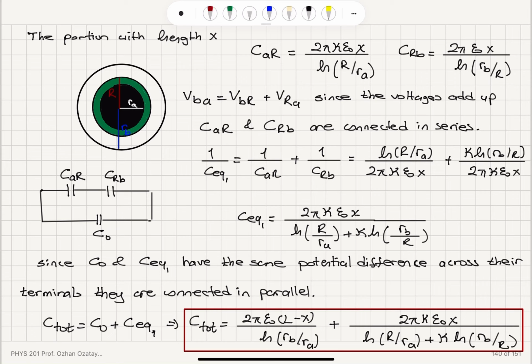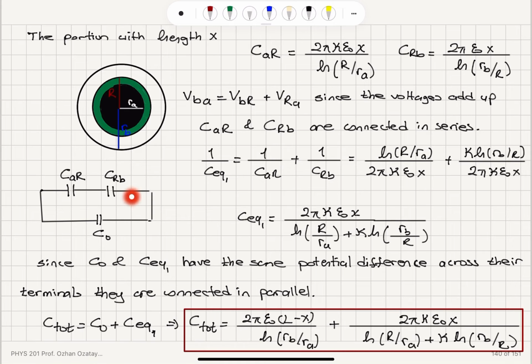So this is going to give me CAR is 2 pi kappa epsilon 0 X over natural logarithm capital R over RA, and for CRB it's going to be 2 pi epsilon 0 X over natural logarithm of RB divided by capital R. Since the voltages add up here between RB and RA, because the voltage is defined with respect to the outer surface and inner surface, inner cylinder,